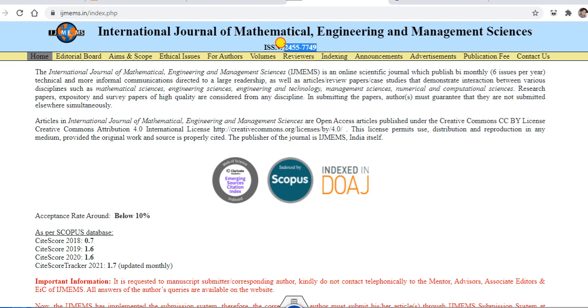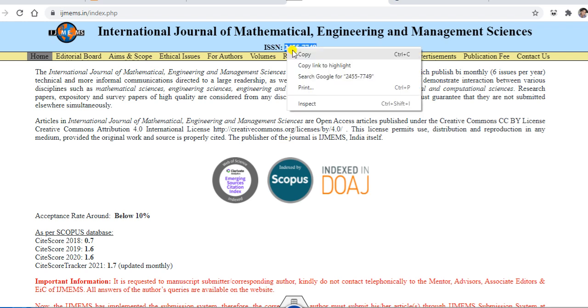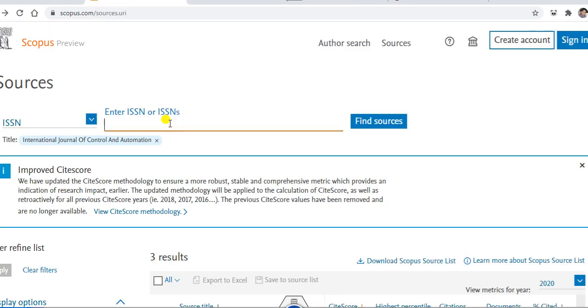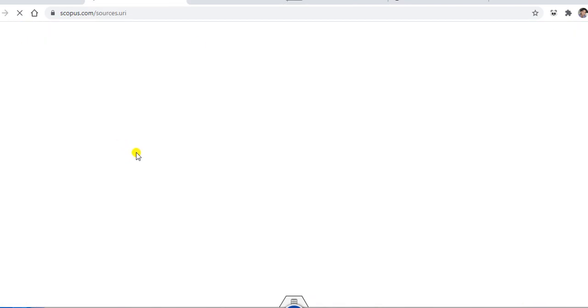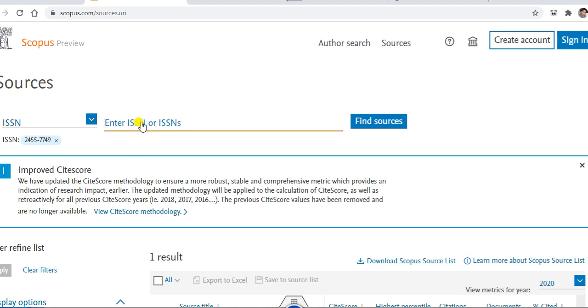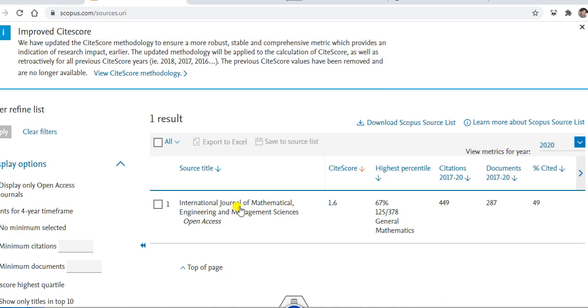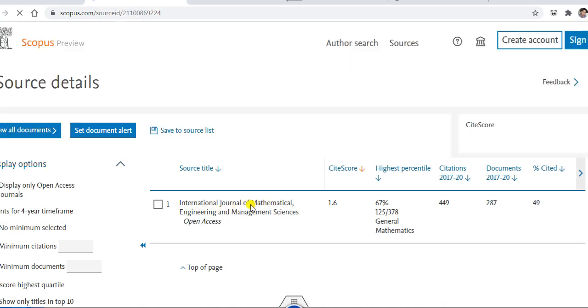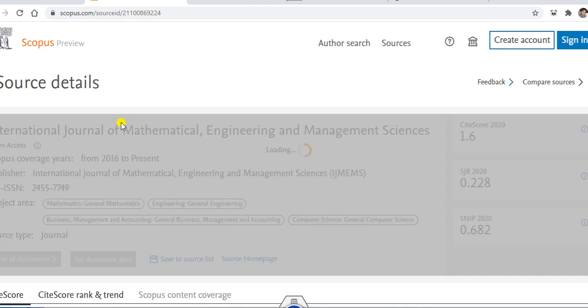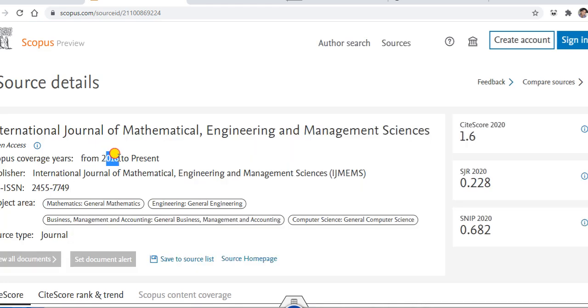I can copy this ISBN number and paste it here, removing the previous search text. I can click on find source. You can see the result displayed here, International Journal of this. Once I click on this, you can see the coverage is from 2016 to present. So it means this journal is still in the Scopus category.